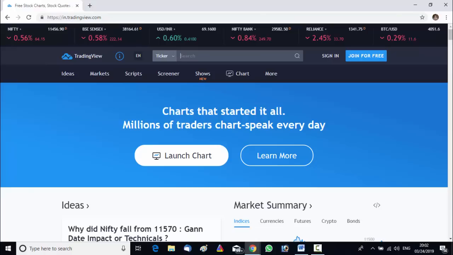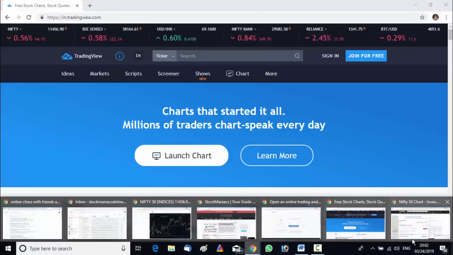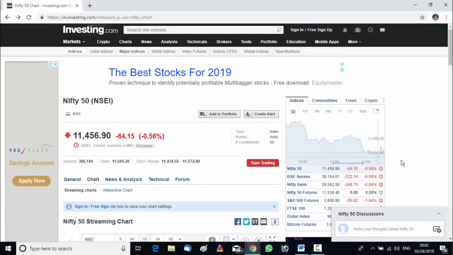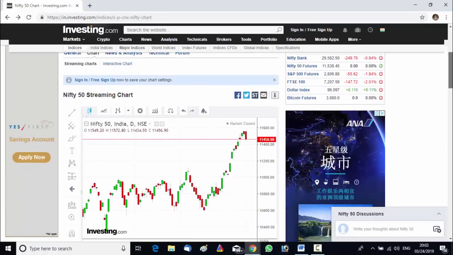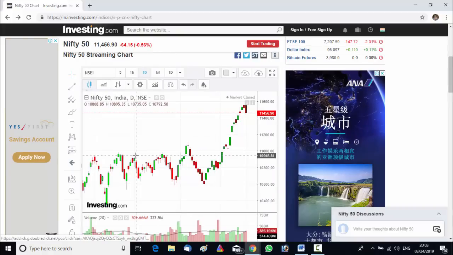So suppose this is investing.com. Investing.com also uses the same TradingView platform. Most of the foreign institutions use the TradingView platform. This platform is widely used and has almost all advanced indicators.